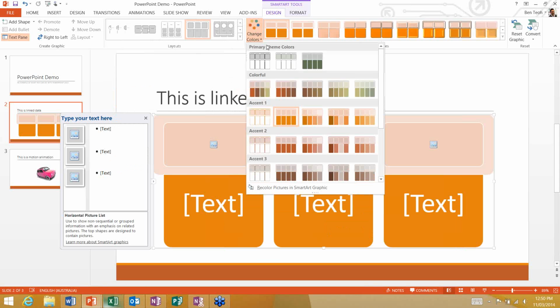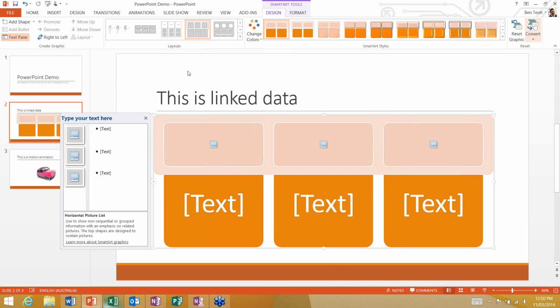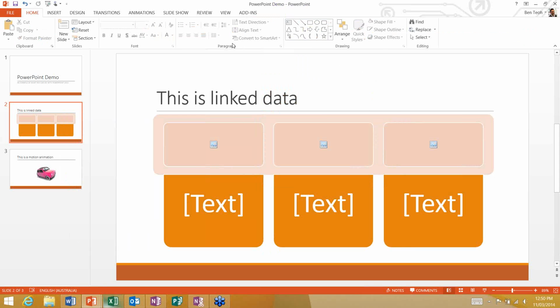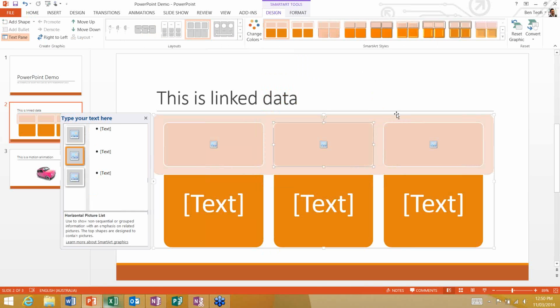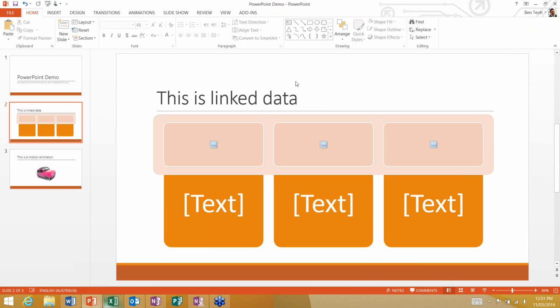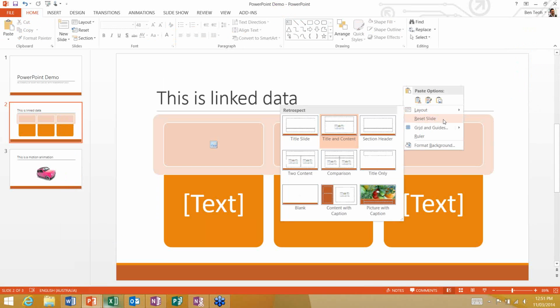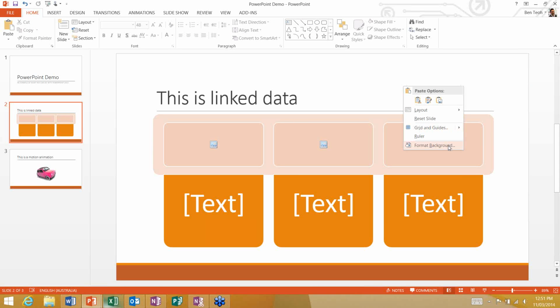And of course you've got easy access to your color palettes, and if you found that you needed to revert it, you can also reset your graphics. There you go. Alright, so another great feature here is that if I wanted to format something in here,